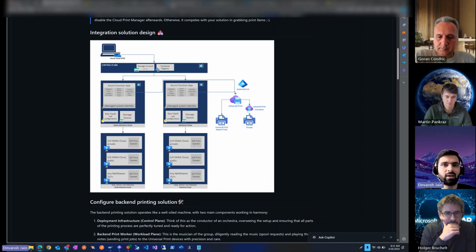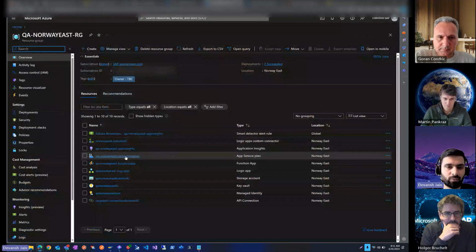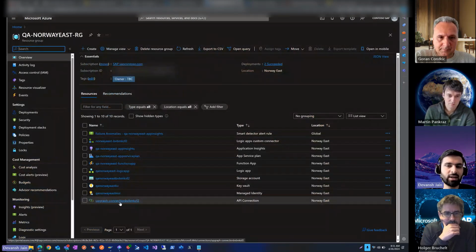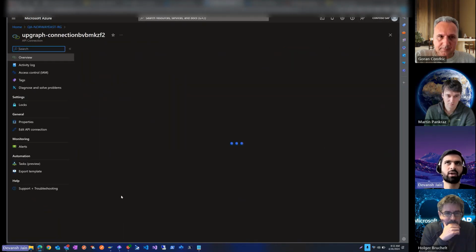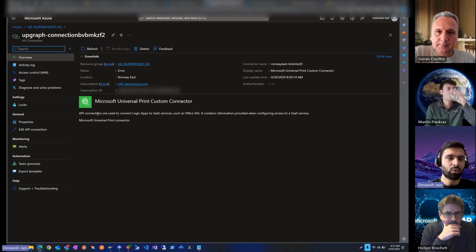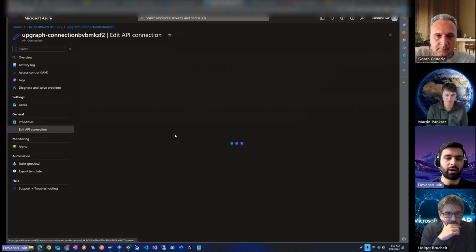To do this, we have the API connection, and this is really the authentication method that we use at this point, right? The API connection connects the function app, essentially the logic app, to the Azure Functions and to the Azure Universal Print Service, and to authenticate yourself, what you have to do is just go to Edit API connection,